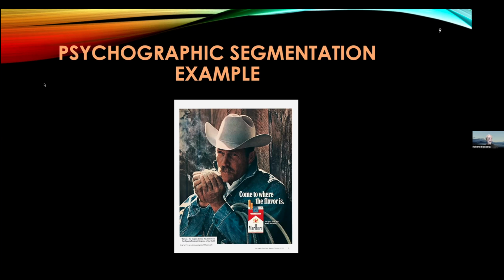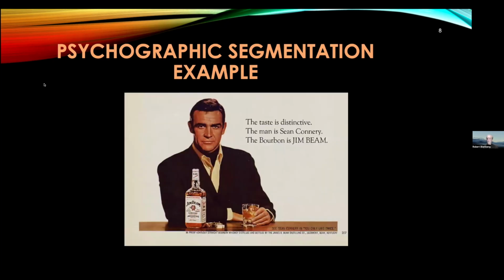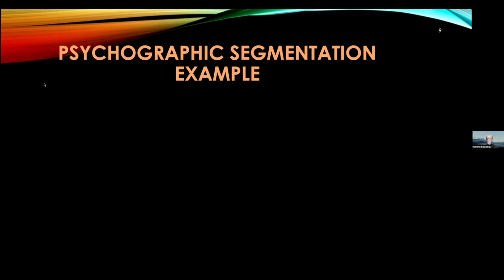And he did the Marlboro photography for probably about 30 years and created this iconic image that they used in all of their advertising. So psychographics can be very powerful, and it fits a lot of categories where the quality of the product isn't as critical as the image of the product. And cigarettes and alcohol, just going back real quickly, I mean, what does Sean Connery know about bourbon, and particularly Jim Beam, which was a relatively low-end bourbon?